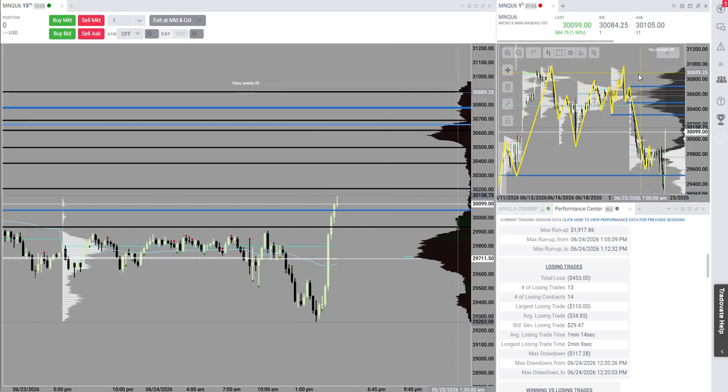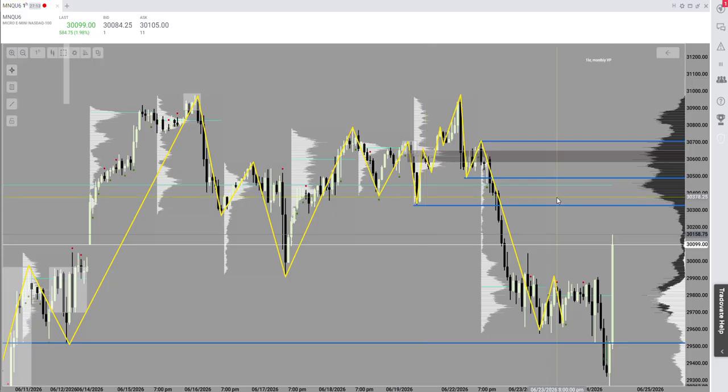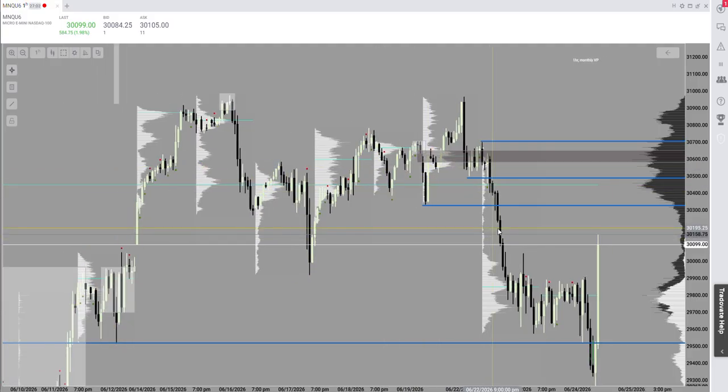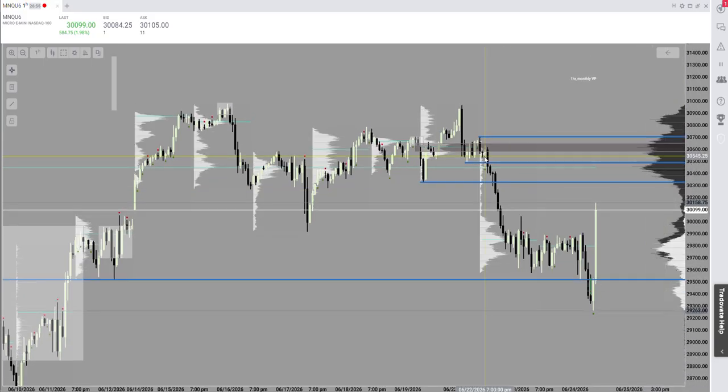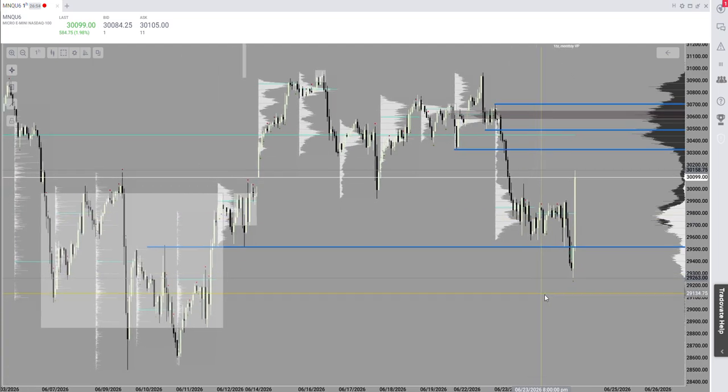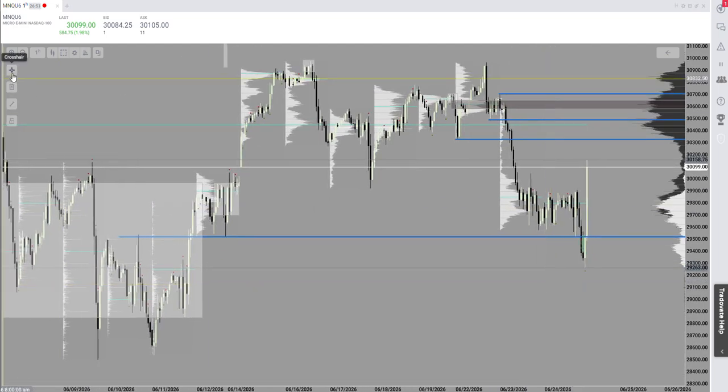And then up here on the right, we have the 1 hour with a monthly volume profile, and then the dailies on there as well. And the 1 hour has something on it which is incredibly important to me, and it's these yellow lines. And the reason why it's so important for me, this is the most basic thing in the world. It is the most basic thing in the world, but it keeps me on my game. And so it's just market structure, right? So I just take my multi-line deal and